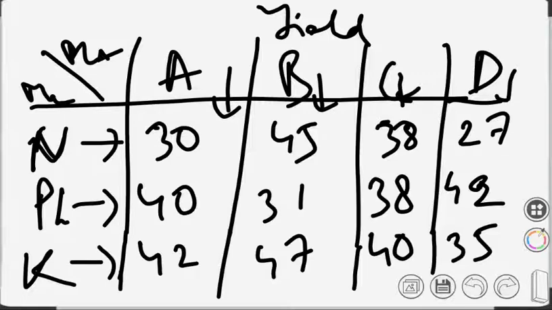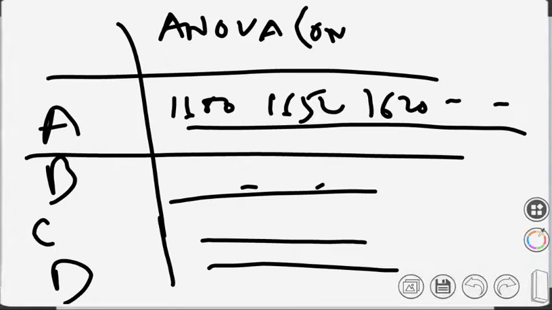So whether there exists any difference due to the plots, that's one question. Another question is whether there exists any difference due to the different types of manures. So we are asking two different questions, and that will give you the ANOVA of two-way. So I hope this is understood by the students. For one-way ANOVA, as I've said, it could be row or column, it doesn't matter; what is being asked is what is important.